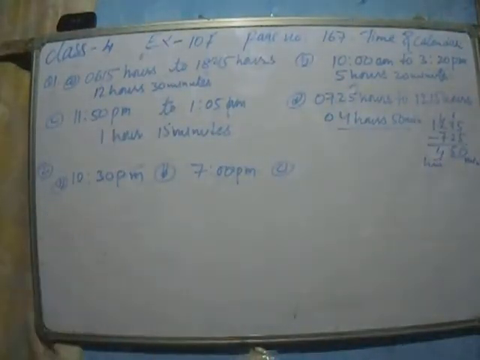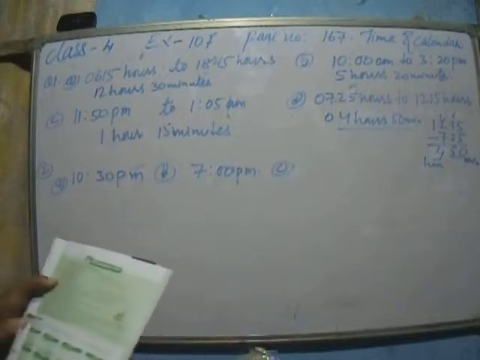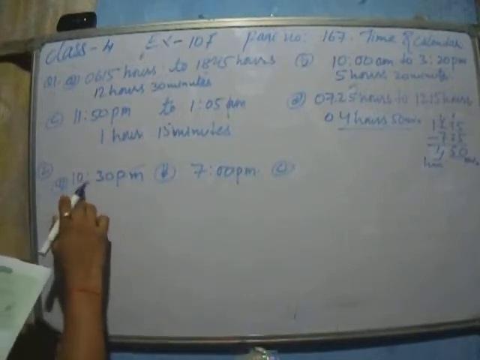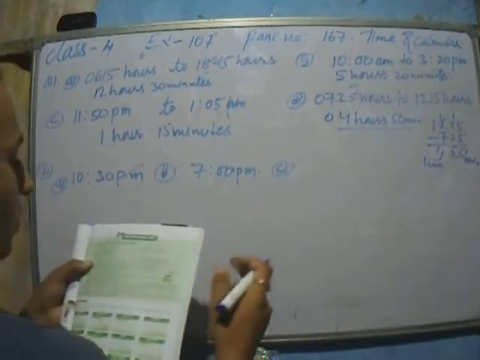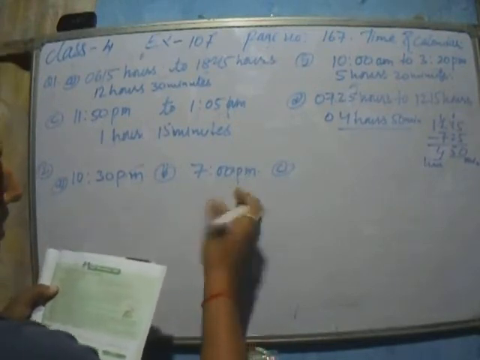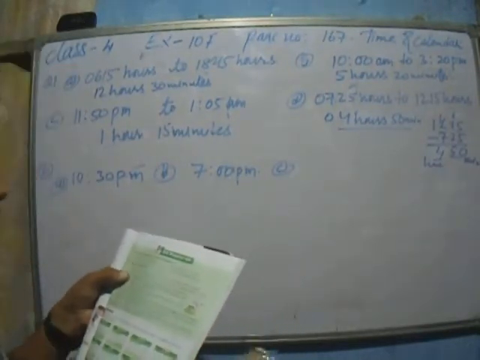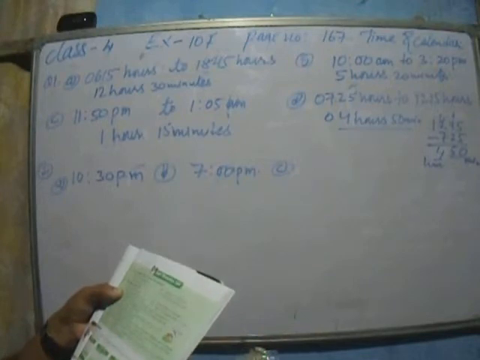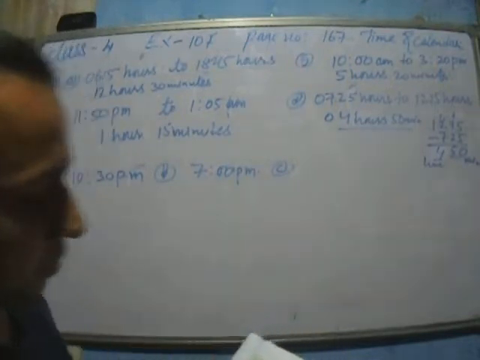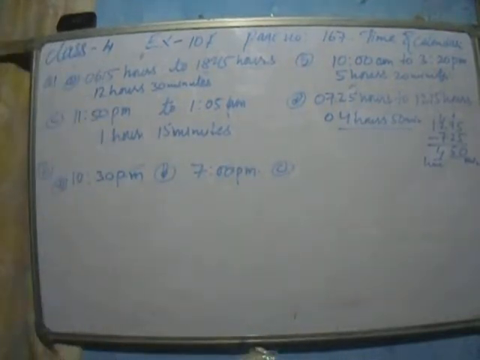Now number 2, A answer. Here what time after 7:30? 3 hours after 7:30. So 10:30 p.m. Question number B, 5 hours before 12 midnight. So it will be 7 p.m. Number C, it is 8 hours 42 minutes after 6:25 a.m. So here 6:25 a.m. is there. From there we have to go 8 hours 42 minutes back. So we will subtract 8 hours 42 minutes from that.